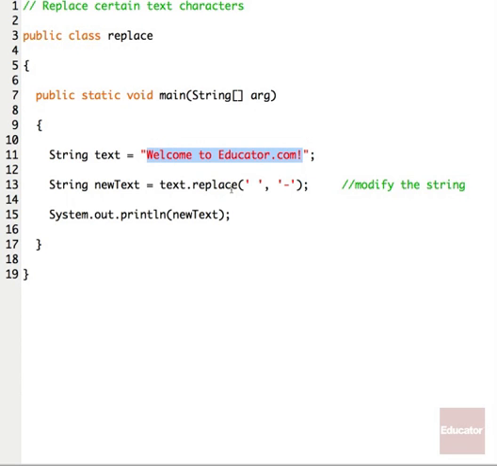All right, within that string now, we are going to use the text.replace method, and we're just going to say search for all the spaces, in other words, in single quotes, and replace them with a dash. So even though we have not entered dashes in our text string to begin with, we want that string to get modified so that dashes get entered when we run the program. Then we want the program to print that new text string so that we can verify that the dashes have been added. So let's see this program in action.